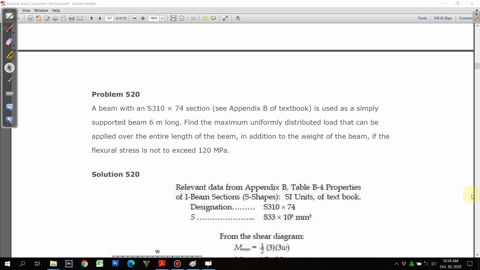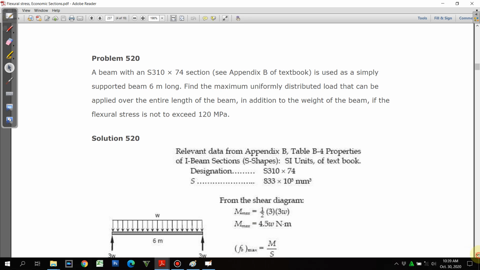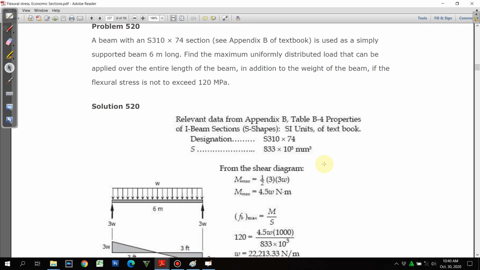A beam with section S310 by 74 is used as simply supported beam 6 meter long. Find the maximum uniform distributed load that can be applied over the entire length, in addition to the weight of the beam, if the flexural stress is not to exceed 120 megapascal. So this is a similar situation to the previous problems. So of course, we refer to the data first, and then come up with